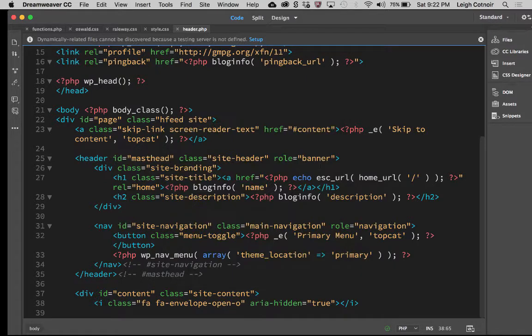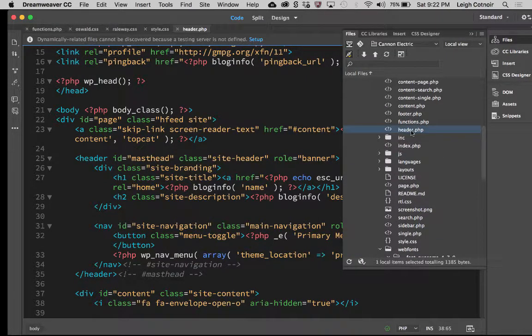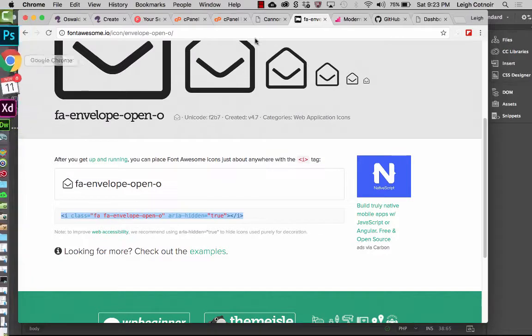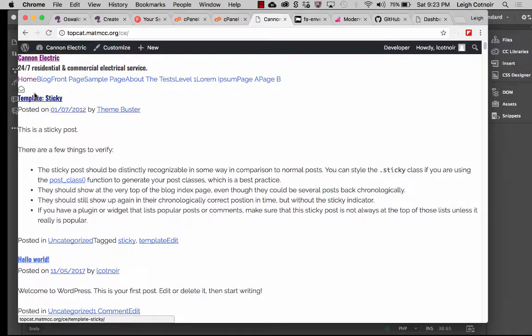Anyway, that one's done. Then I also need to go back, as I mentioned, and grab this header and this functions file, and upload those and overwrite what's there. Go back over here to our page and refresh. And you see here, there's my little icon right there. I'm going to get rid of that, but now we can use icons that are true scalable vector